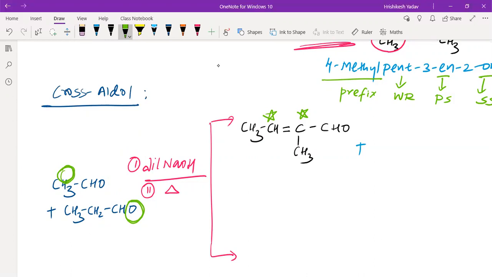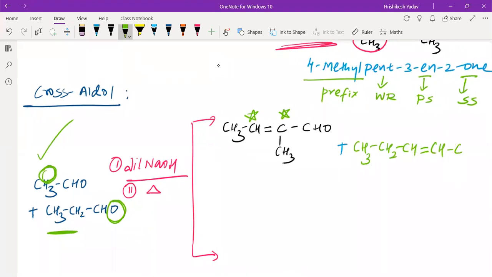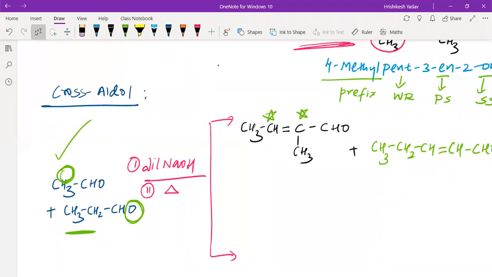So this time the product will be, start from this, the molecule from which oxygen comes out, that we should write first, CH3, CH2, and then CH, then now double bond, then come back to this, which is CH, and next is CHO. Yes, carefully see this. Again we'll see how we got the two products here.